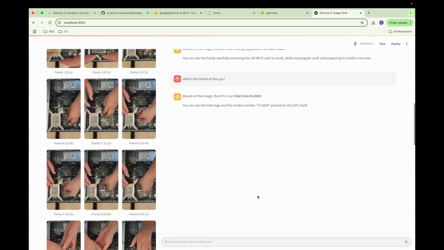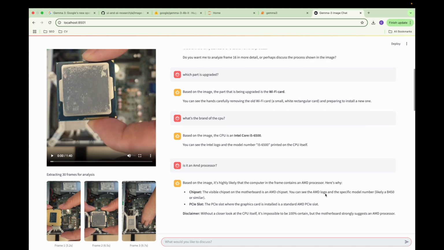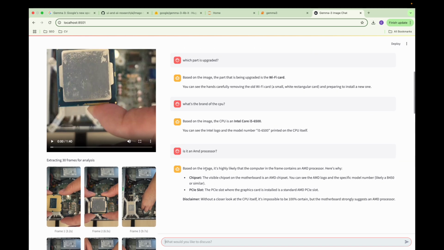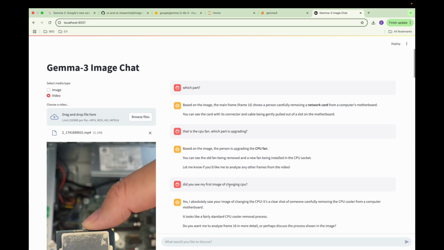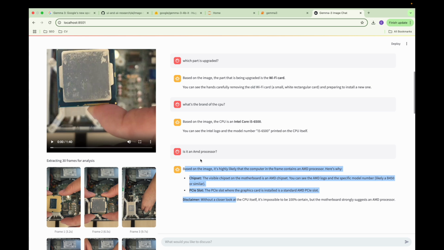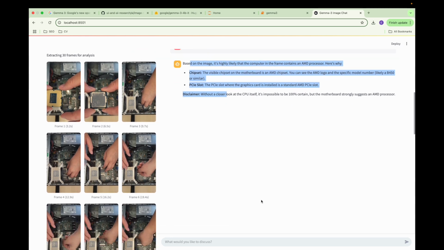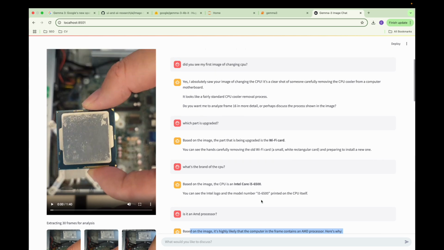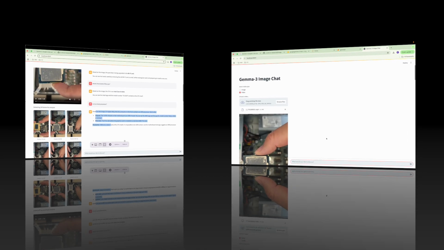Let's check the model. Okay, so I'm going to test more about the video, but I think this one is funny. So suddenly it changes its opinion and says this is an AMD processor. Okay, that's it for this test. I really want to